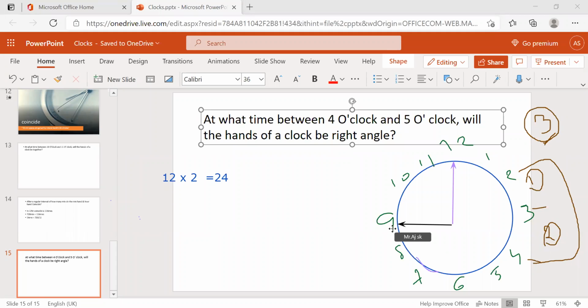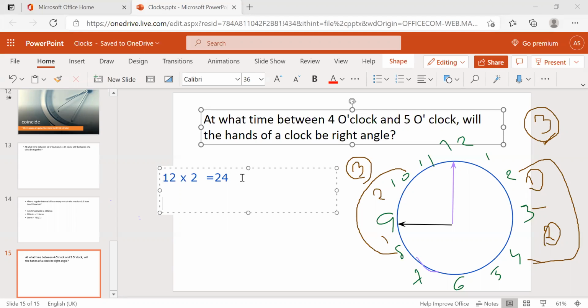And between 8 and 9, the right angle will be made one time only, and between 9 and 10, 2 times only. So this also, from 8 to 10, it's only 3 times, right? In general it is 12 hours into 2. But what will happen here? Out of 12 hours, 2 hours are making only one time. Which ones? 2 to 3 it's one time, and 8 to 9 is one time.